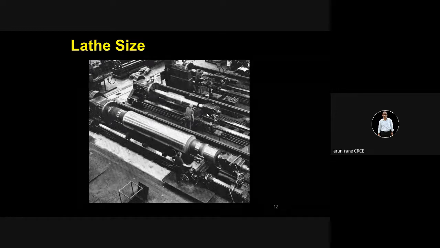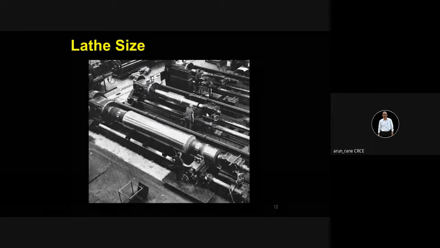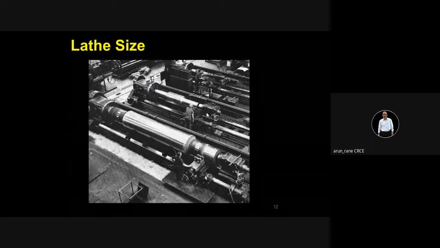A week means almost 6 days and two shifts a day, so almost 12 shifts. And these rolls are turned, and then they are ground, and then they are lapped.